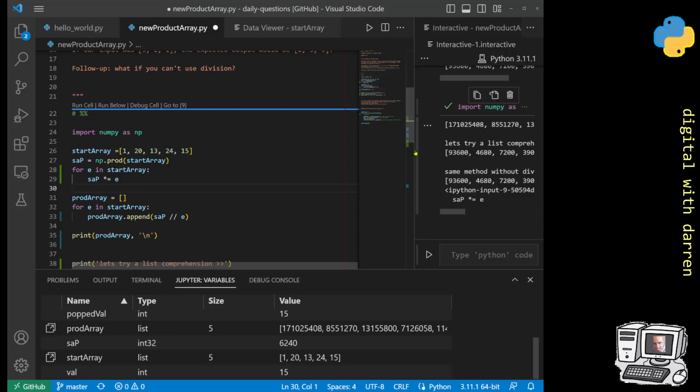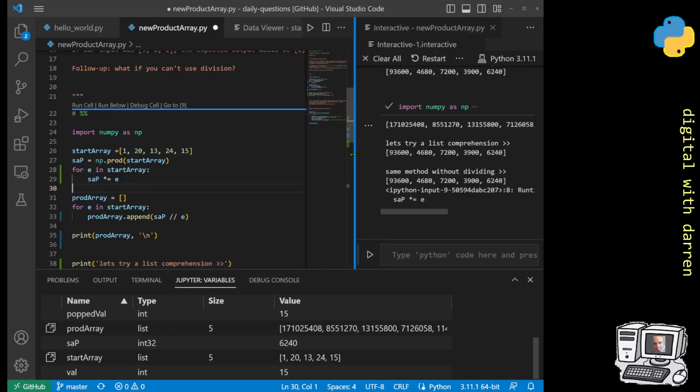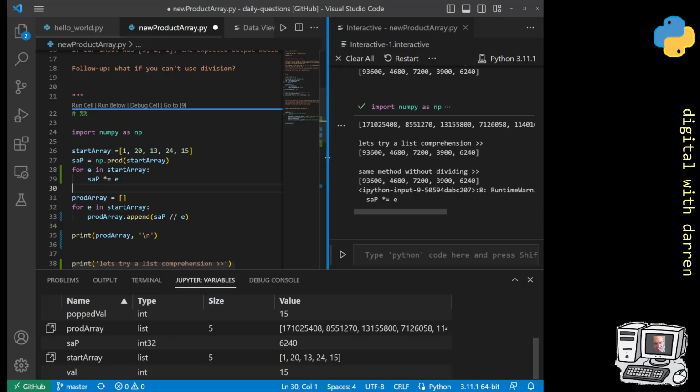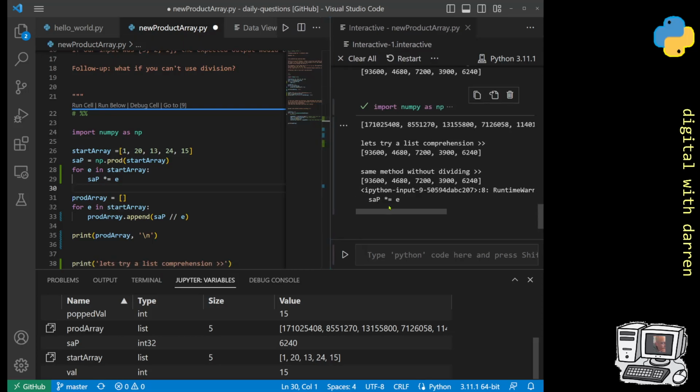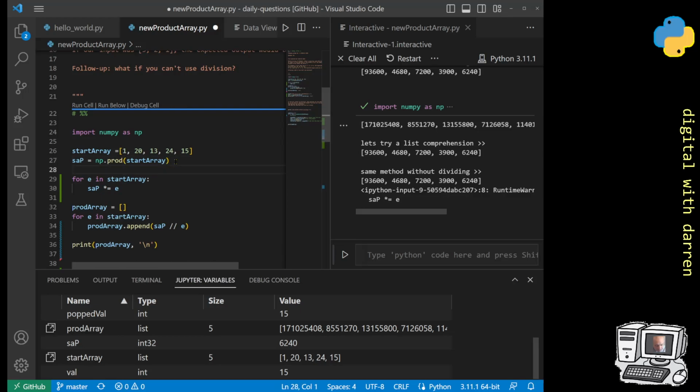Not the case. Thrown an error and got a runtime warning there as well. Hold on. Yeah, it looks like I've just got to make sure, because I've used SAP, I better make sure that it's